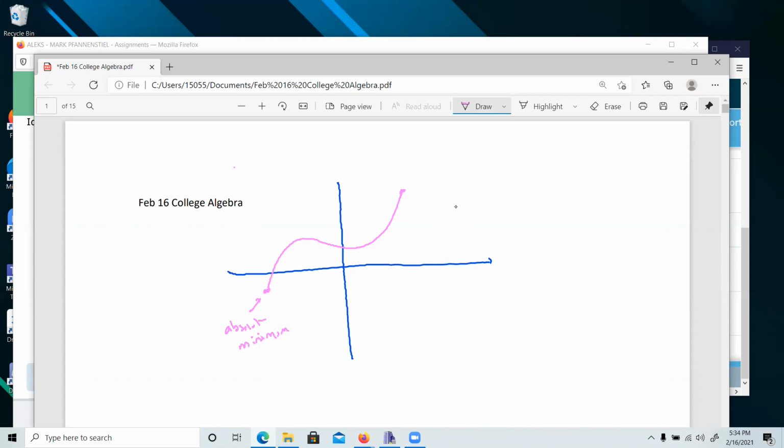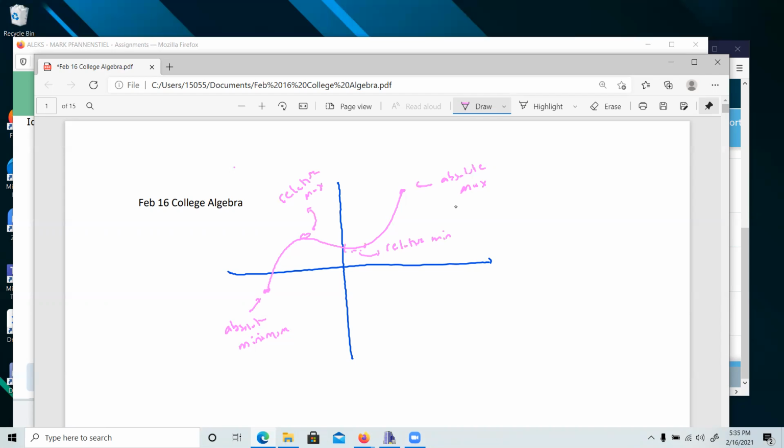That's all that means. And then we have an absolute max, which is the largest point on the graph. That's all it is. Well, if you take a look at this point in here, it's the largest value of all the values that are surrounding it, because there's a turning point here. So this would be called a relative max. And this point over here, it's the smallest point, the lowest point in its little neighborhood of points. This would be a